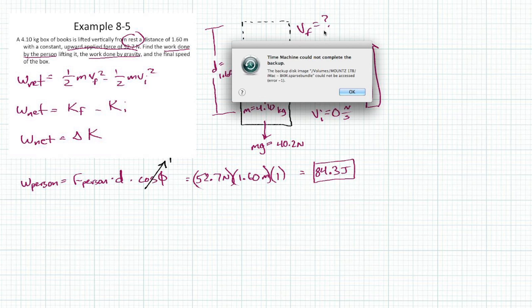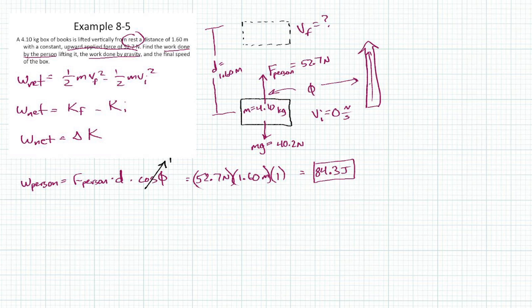What's the work done by the machine? I don't care about that. All right. Work done by, and instead of writing gravity, I'm just going to write by mg. Work done by gravity. What is that? Well, that would be the mg gravity weight force that we've been referring to. That's the force right there of 40.2 newtons times our displacement, times a cosine